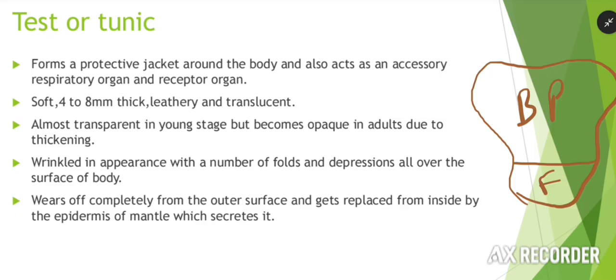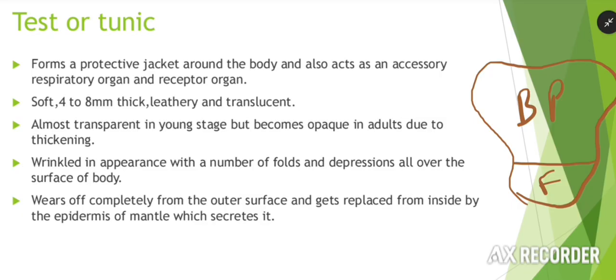Transparent is something that can pass light completely. Now translucent is the substance through which light can pass partially. So this one is translucent in nature, almost transparent in young stage, so that entire light can pass through it, but in adult